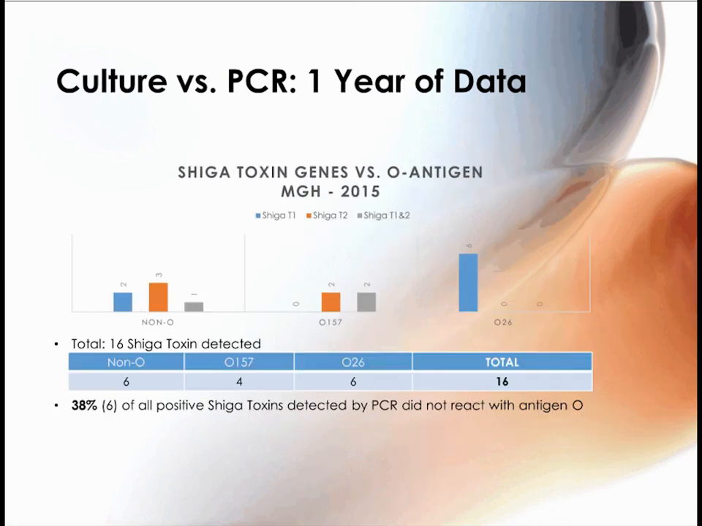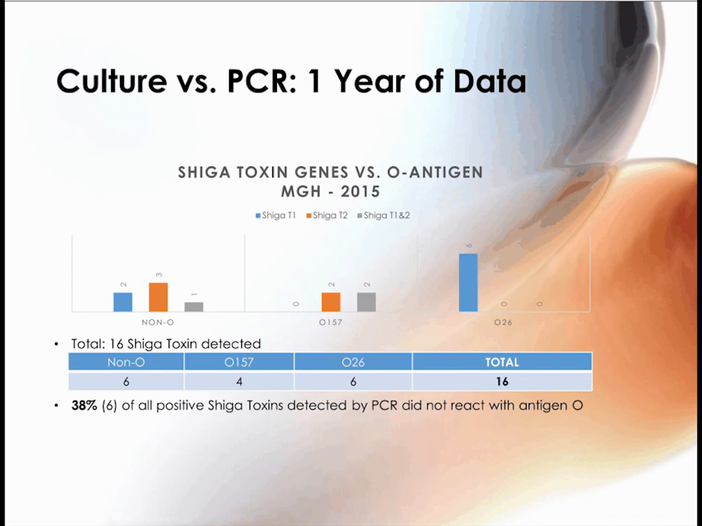If we go into the next slide, this is the distribution of the Shiga toxin gene that was detected, based on the antigen that was detected on the culture. So this is data from the Public Health Department in Marin County. The important thing here is that 6 of all the Shiga toxin detected by PCR do not react with